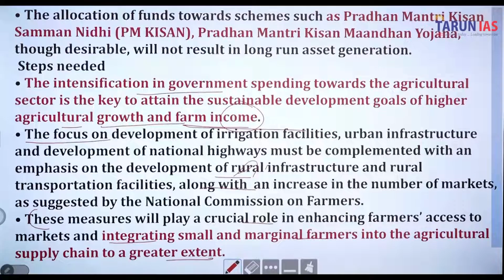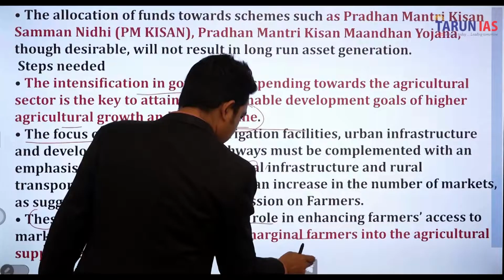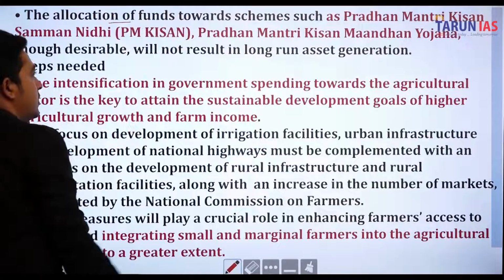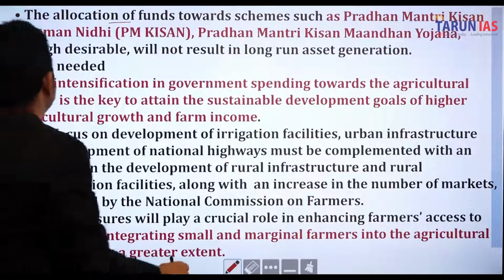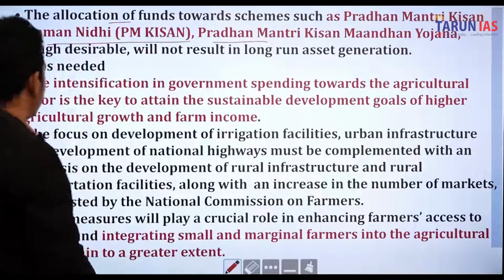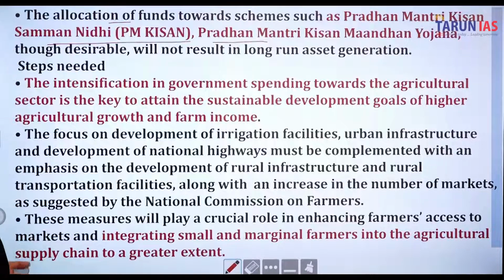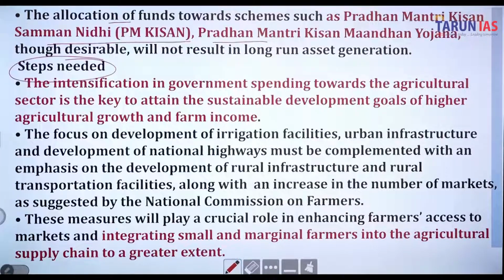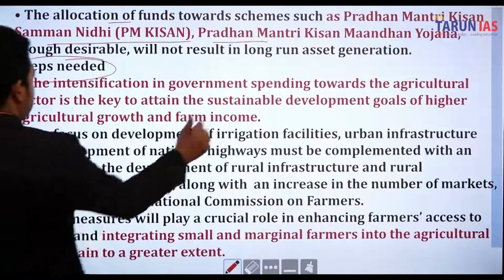So the allocation of funds towards schemes such as Pradhan Mantri Kisan Samman Nidhi. What exactly is this scheme? The allocation of funds towards schemes such as Pradhan Mantri Kisan Samman Nidhi and Pradhan Mantri Kisan Man Dhan Yojana, though desirable, will not result in long-run asset generation. And what step is needed for this? The intensification of government spending towards the agriculture sector is key to attaining the sustainable development goals of higher agriculture growth and farm income. It means the government needs to